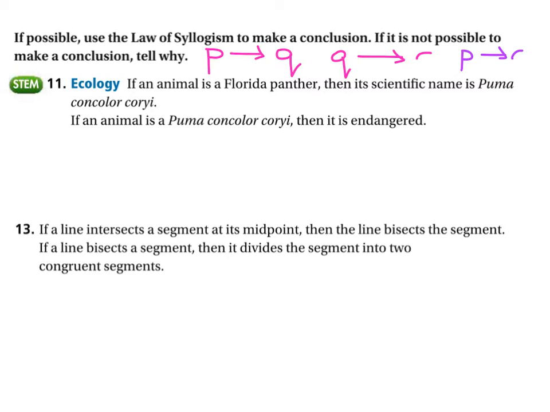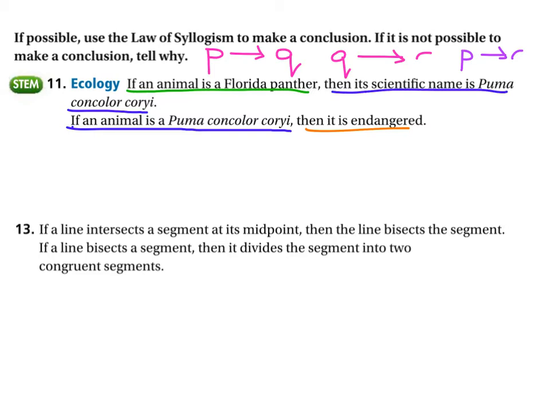Okay, so let's look at if that's what we're dealing with here. First, we've got: if an animal is a Florida panther, hypothesis, then its scientific name is Puma concolor coriae. And the next one starts with that conclusion: if an animal is a Puma concolor coriae, then it is endangered. Since the conclusion of this one is the hypothesis of this one, we can drop out that middle part and we can say simply,